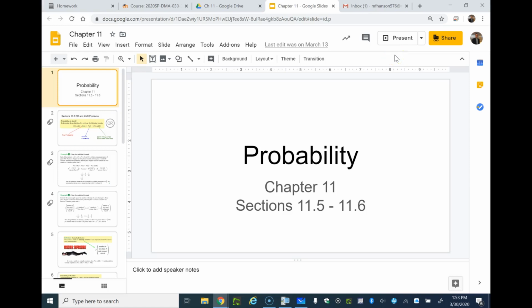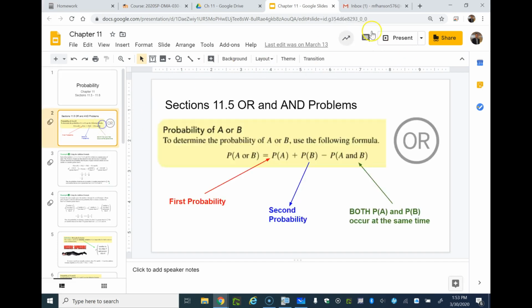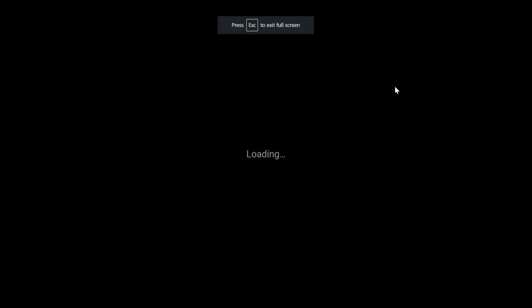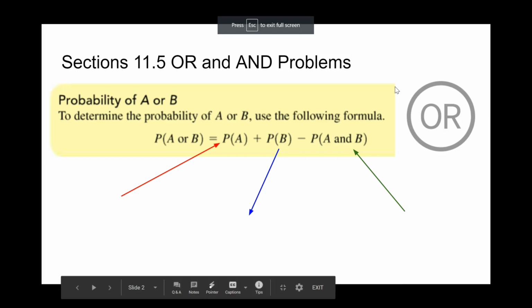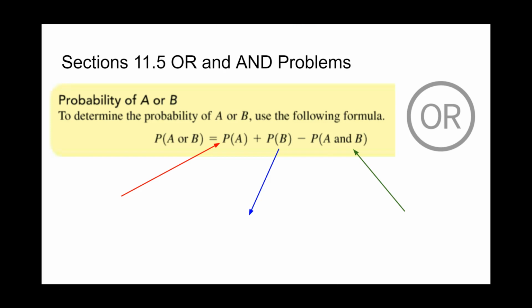In this video, I'm going to go over probability for chapter 11.5. For this particular section, what we're going to discuss is "or" problems. So for the first problem,